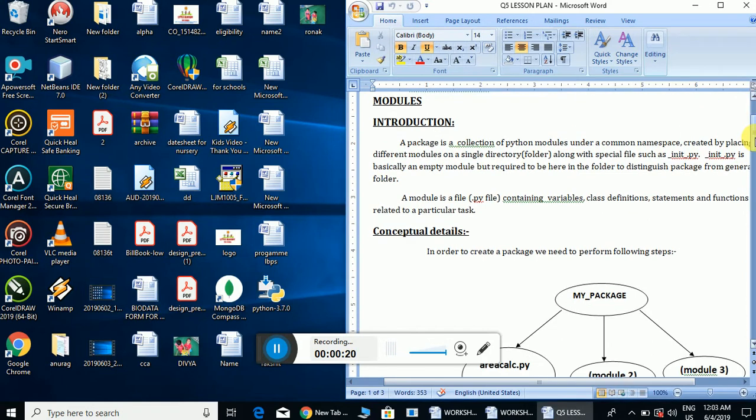Actually, what is a package? A package is nothing but a collection of Python modules under a common namespace, created by placing different modules in a single directory folder along with a special file. Here the special file is __init__.py, that is underscore init underscore .py. It is basically an empty module, but it is required to be in this folder to distinguish a package